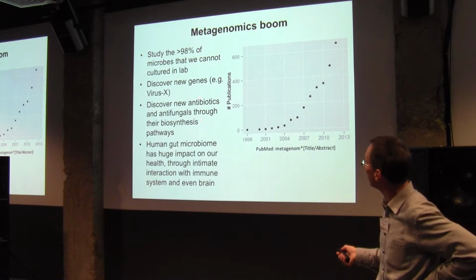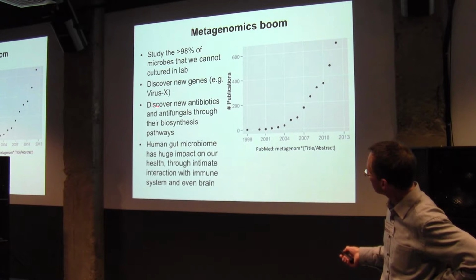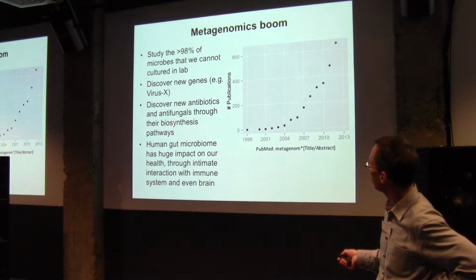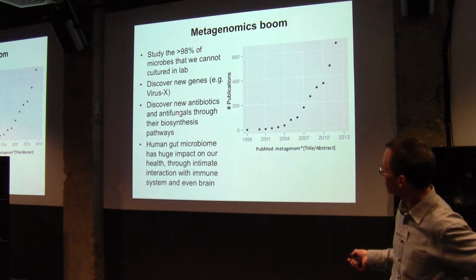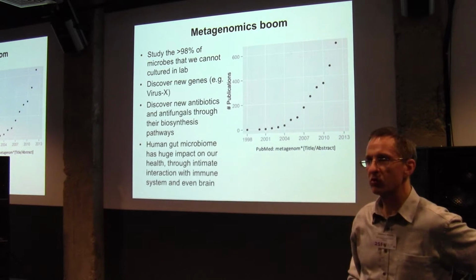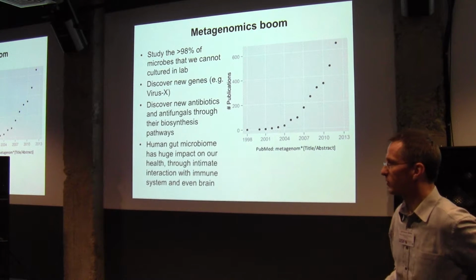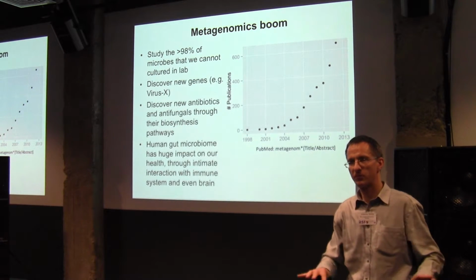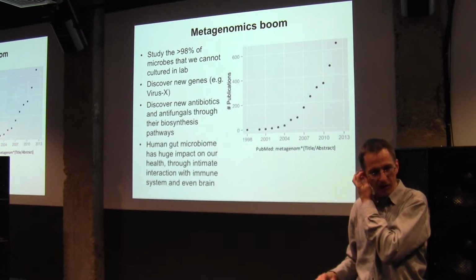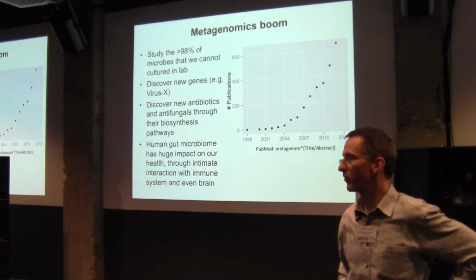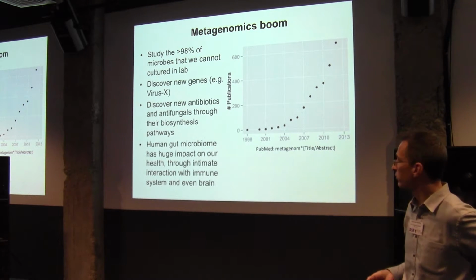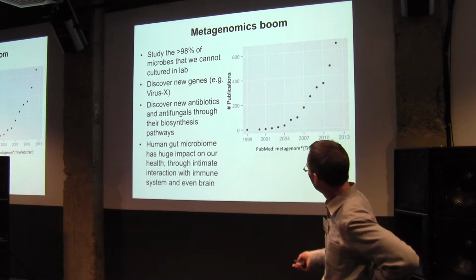There are other people that scour the metagenomics data for new antifungal and antibiotic compounds and for their biosynthesis pathways. And I think this is going to give us really completely new compounds because it gives us a new window into finding compounds that have been developed mostly by soil bacteria, but others as well, to compete against their peers. And so they can kill their peers sometimes extremely efficiently, and most of the antibiotics that we have are from soil bacteria nowadays. So, and I mentioned the human gut microbiome.